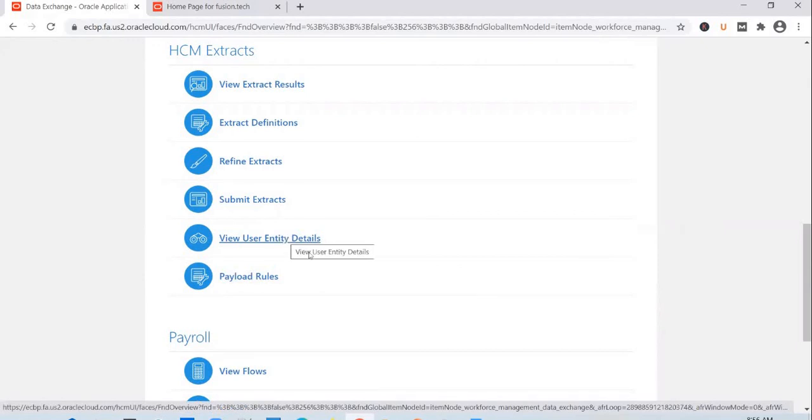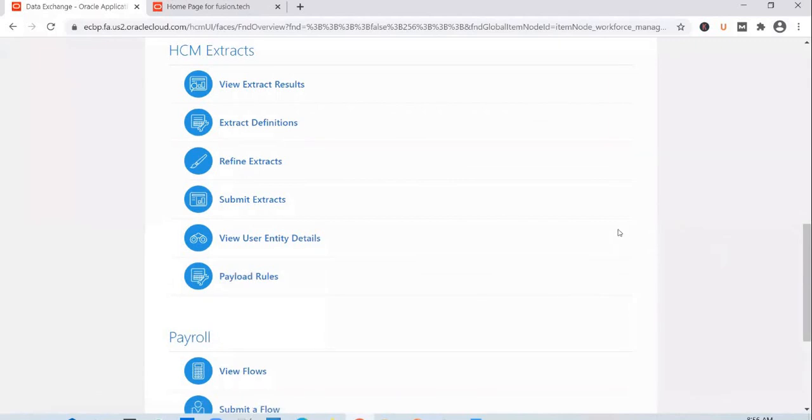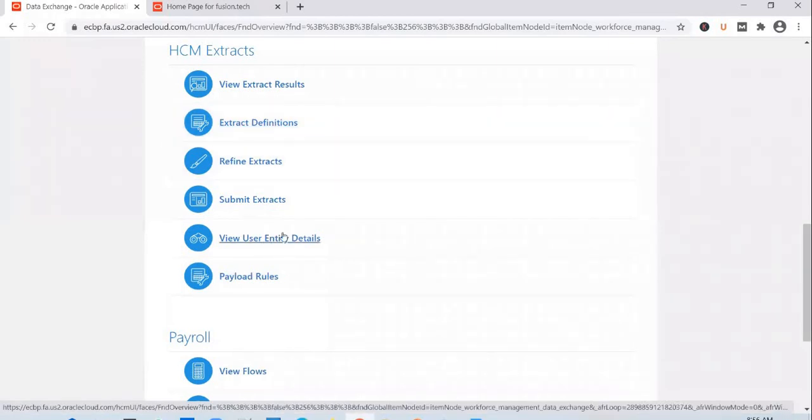So the client is looking for an additional attribute in the extract whose value will be derived based on the logic that he wants to execute. In such cases, you create a formula with the logic and you add that formula as an attribute in the extract definition.